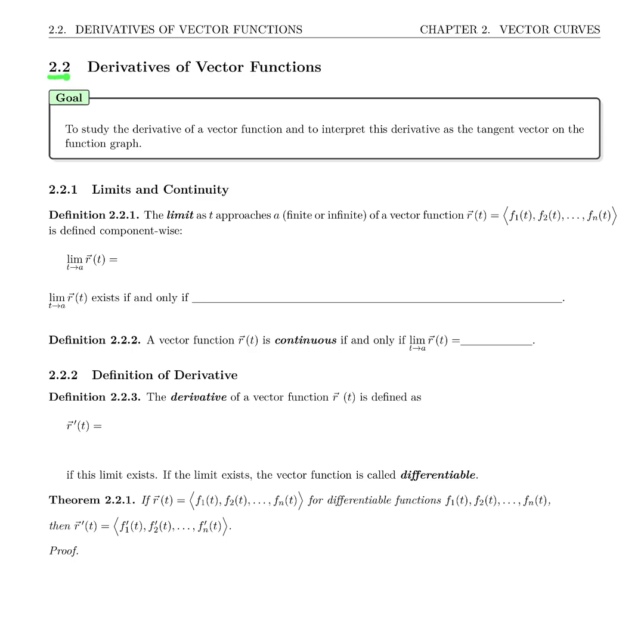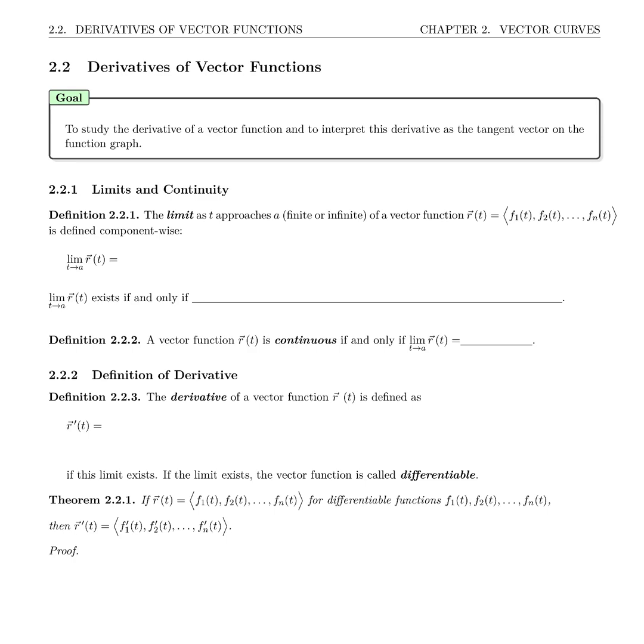Welcome to section 2.2, the derivatives of vector functions. The goal of this section is to study the derivative of a vector function and to interpret this derivative as the tangent vector on the function's graph. To be able to talk about derivatives, we need to talk about limits, and while we're talking about limits, we may as well talk about continuity, although very briefly because we want to get to the definition of derivative as